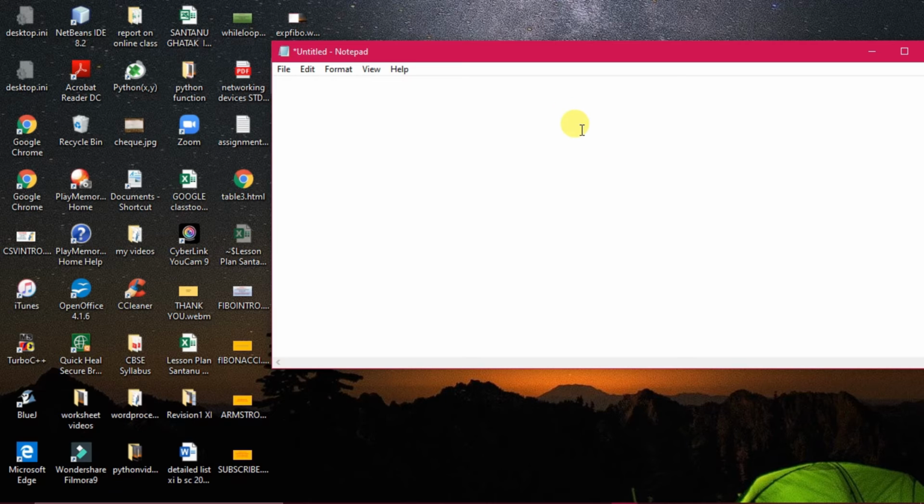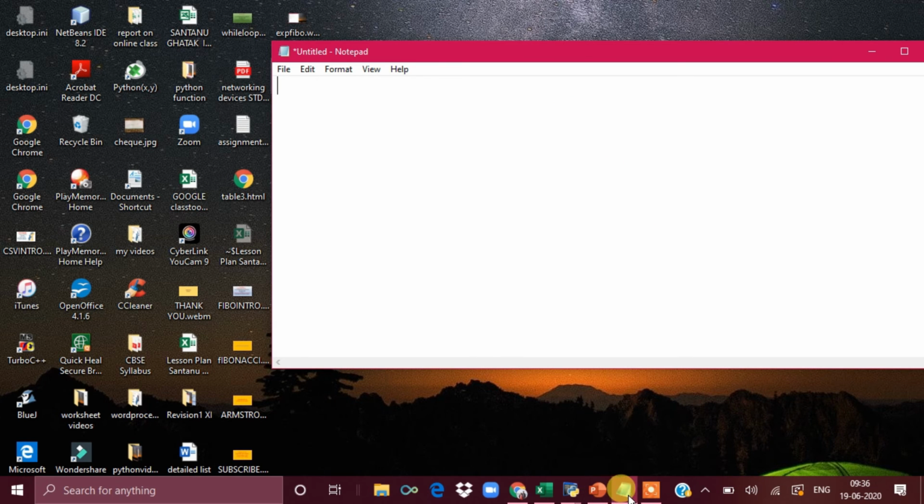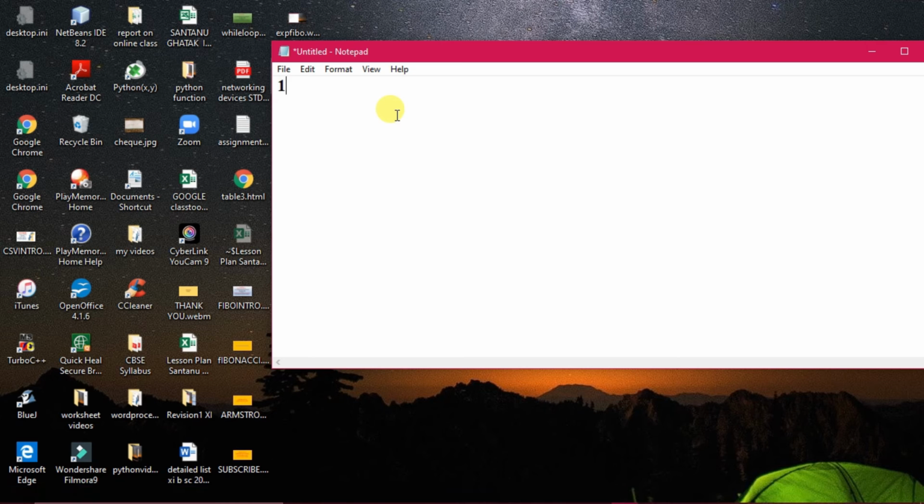Next is another number called an Armstrong number. Suppose I take the number 153. Then it will be 1 cube, that means 1 into 1 into 1, plus 5 into 5 into 5, plus 3 into 3 into 3.